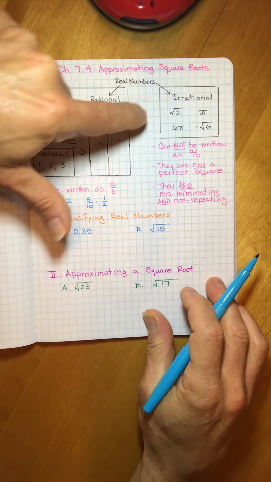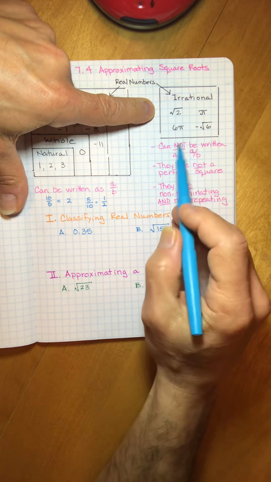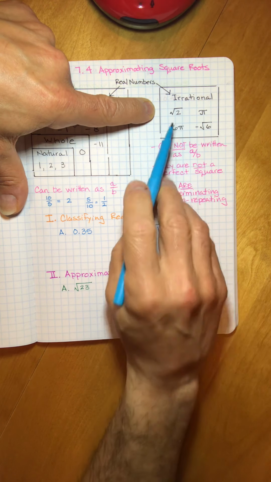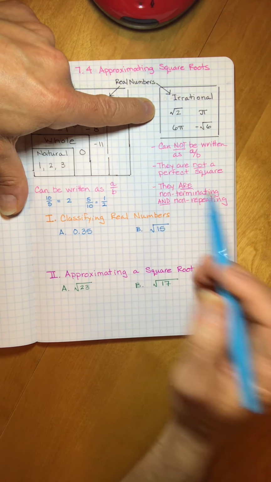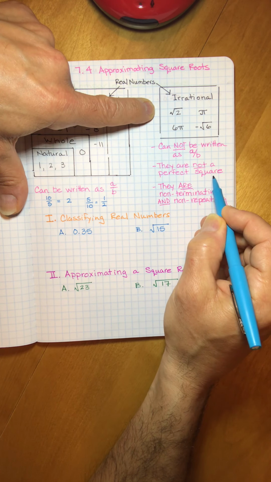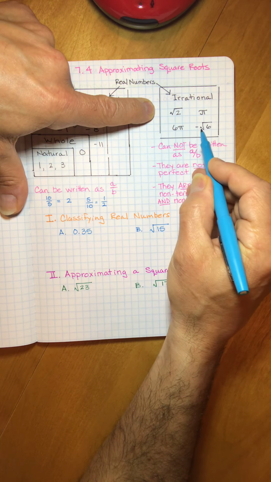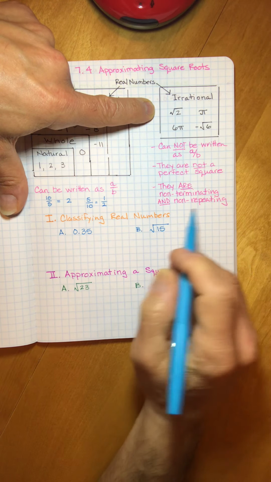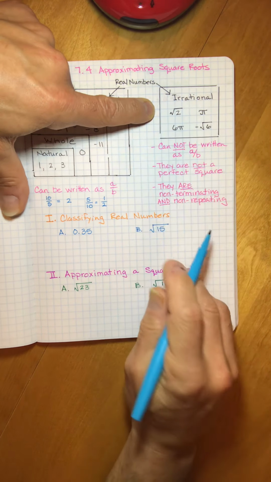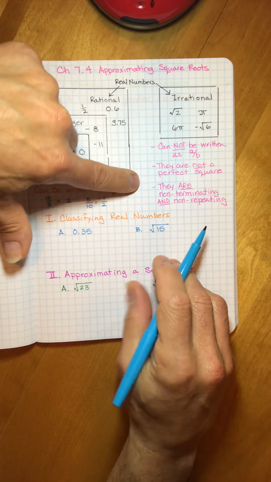Now what are irrational numbers? Well, irrational numbers are things that can't be written as A over B. For instance, the square root of 2 is irrational because 2 is not a perfect square, okay? For instance, the negative square root of 6, okay? Now, why are these over here? Why is 6 pi and pi over here? Well, these are irrational because they are